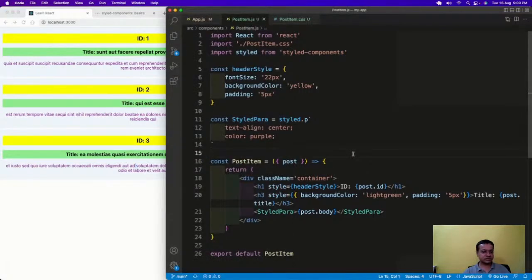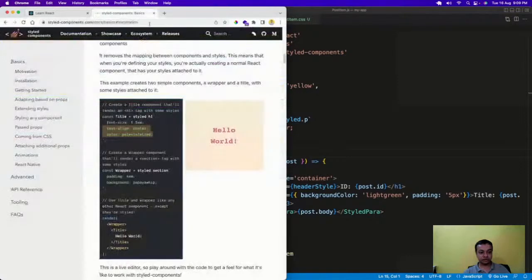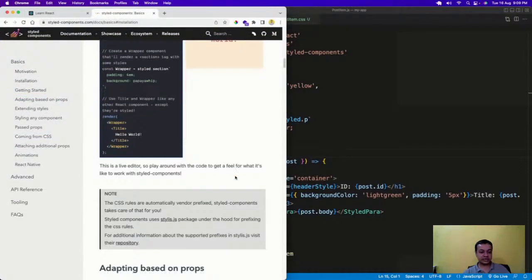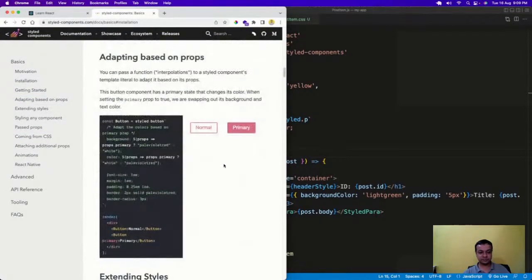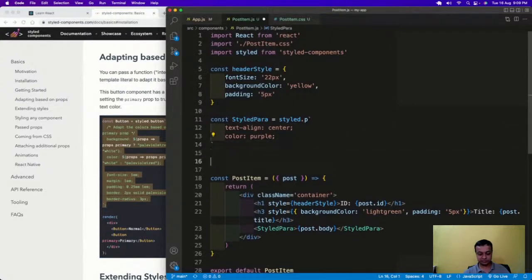Now the other thing here is that this is not the only reason we should use styled components. There is one more reason, and I'll take this example itself. Okay, they have given a very good example. Let us think of this example. So here I'll be having a